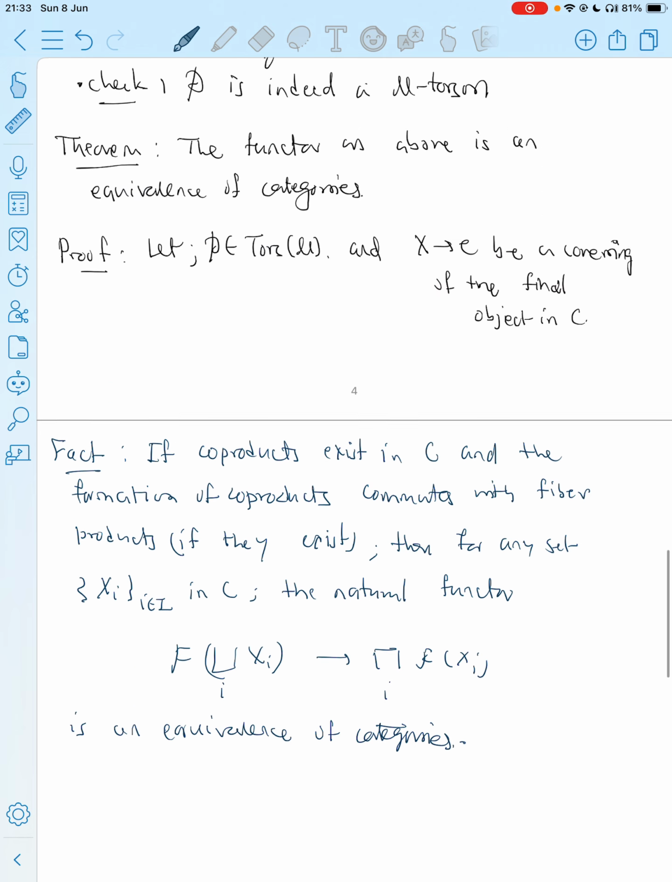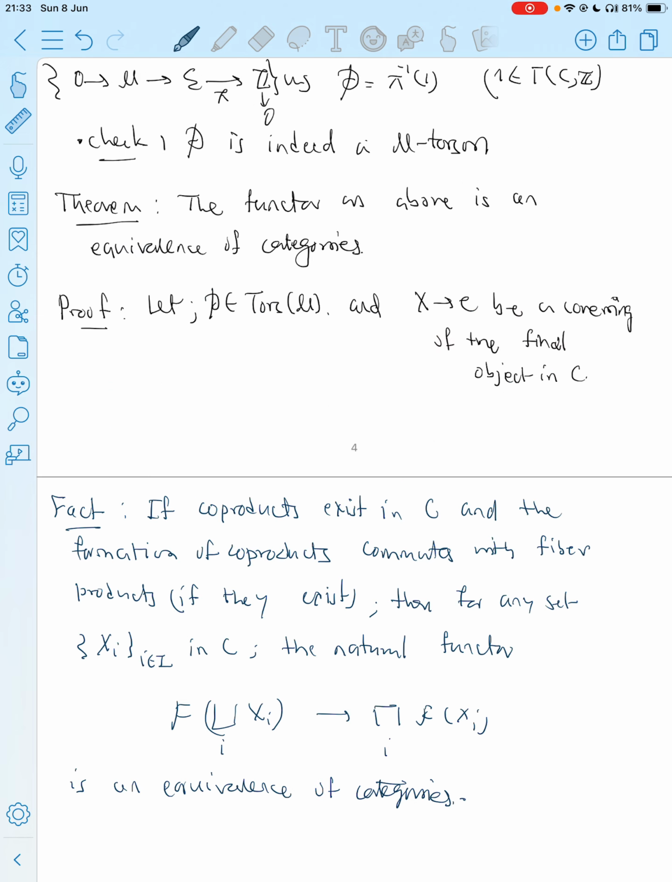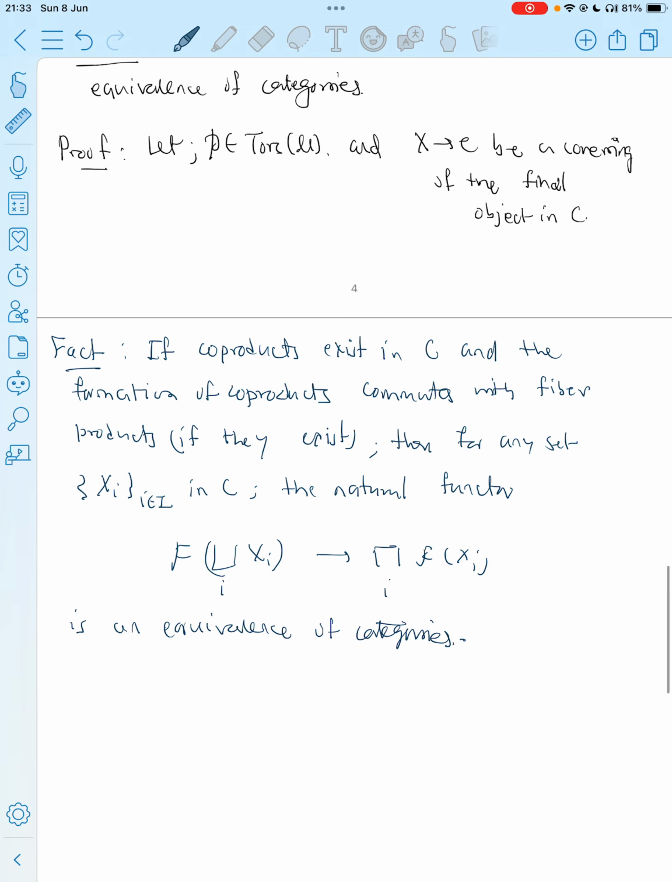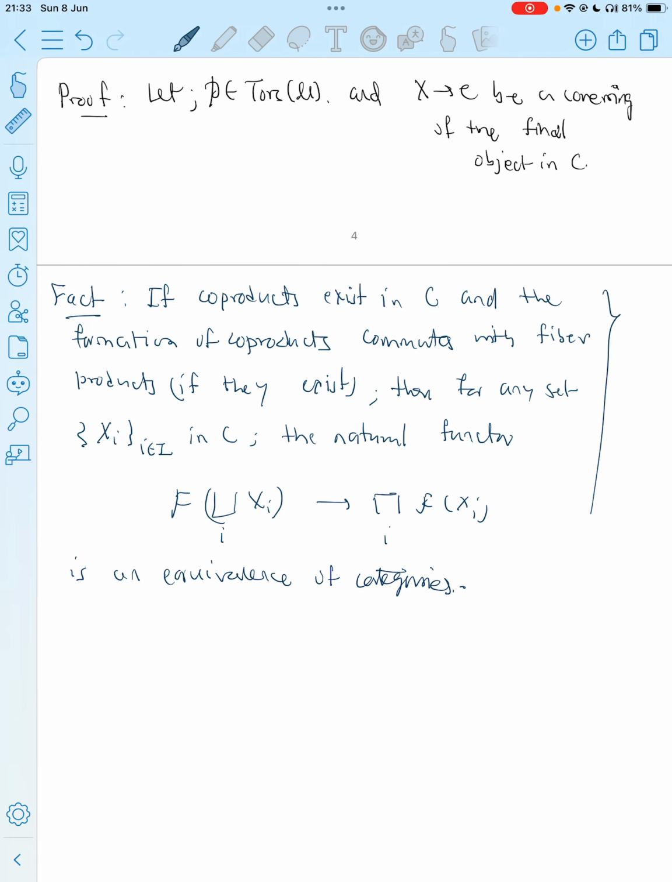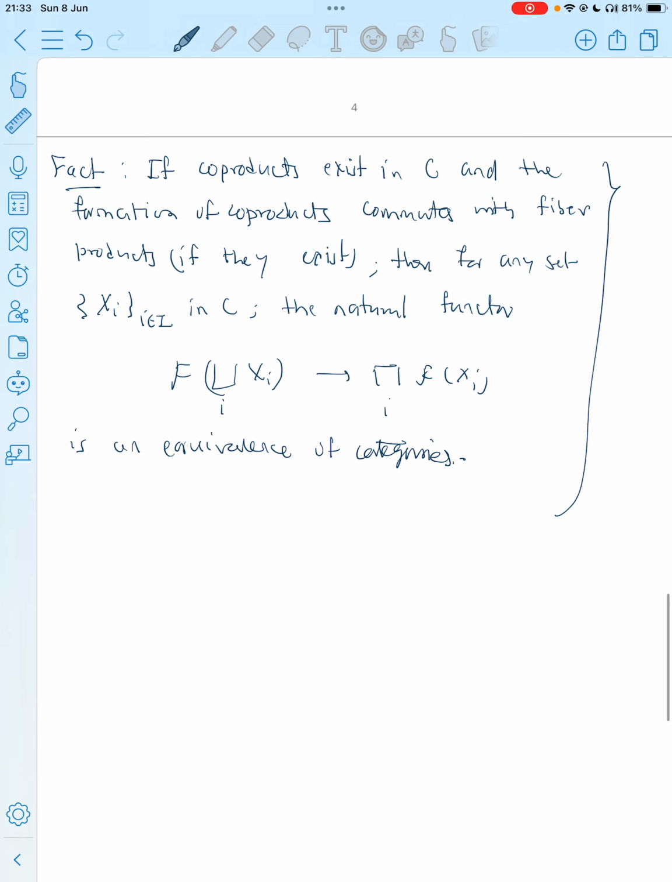And eventually, in order to prove this theorem, we'll use the property of descent. So basically, it's good enough to consider a map from exactly one object, because if you have a bunch of objects, say X_i, be a covering,